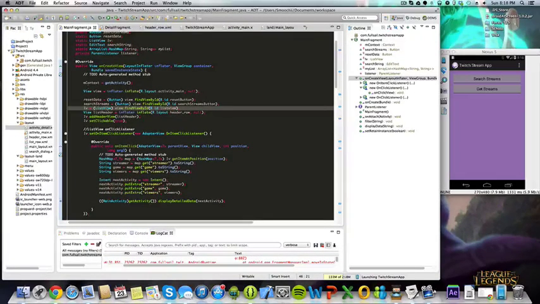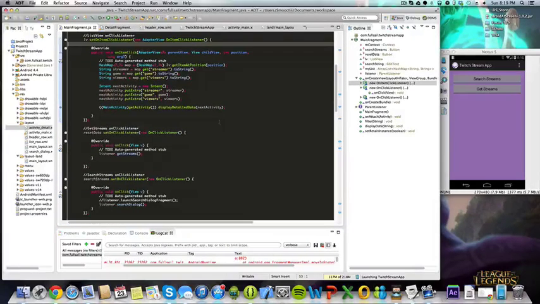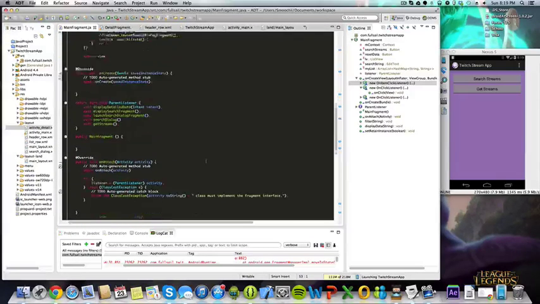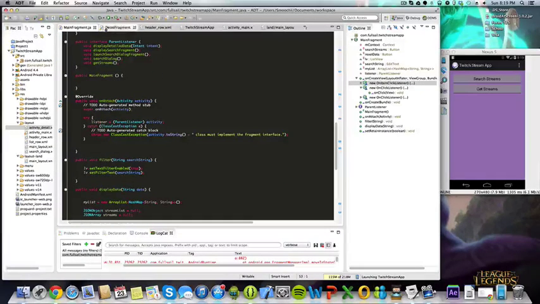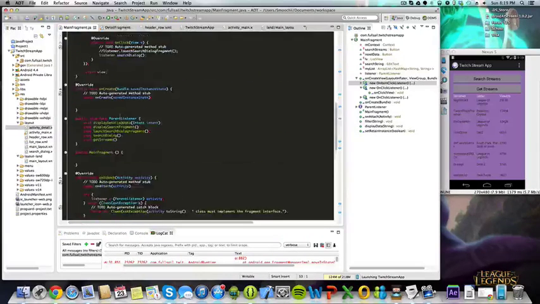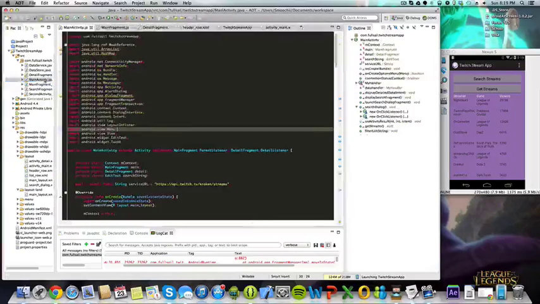So here's where I set up my list view. Here's my on-click listener for the list view, and then my 2 buttons, and then my on attaches here, and then I have a couple functions. So I'll go over how some of it works. When you click on get streams, it calls the listener, so it'll go back to the main activity here, and